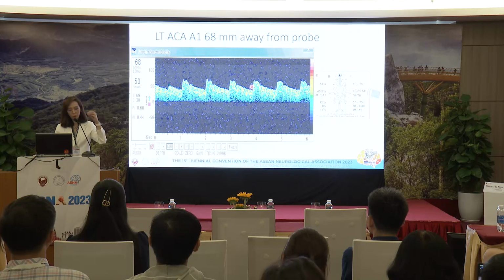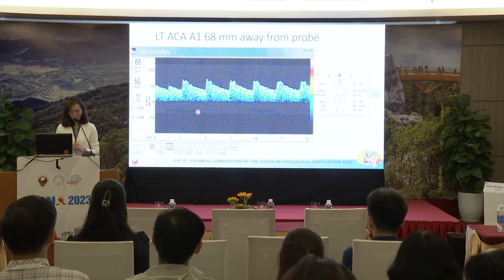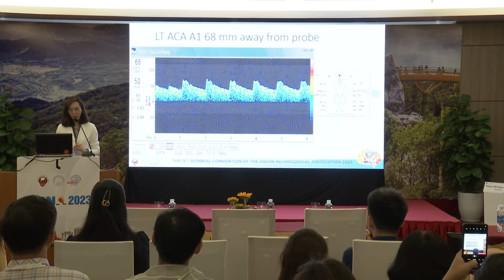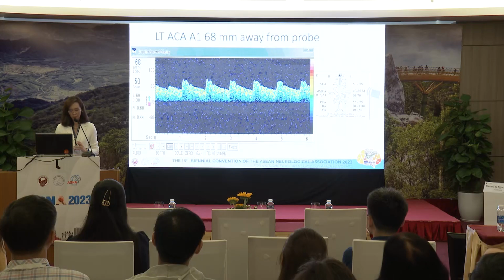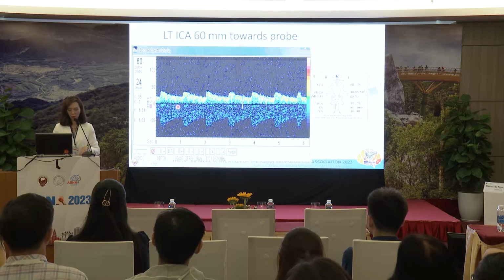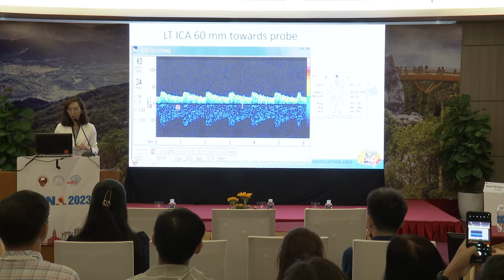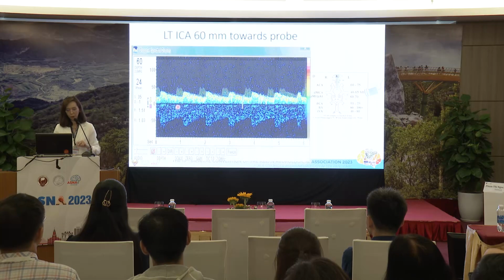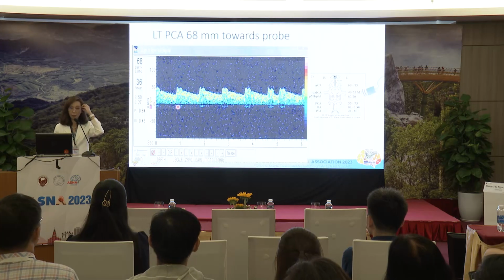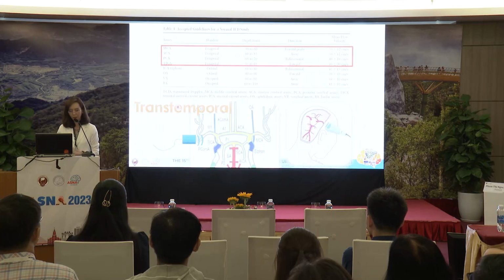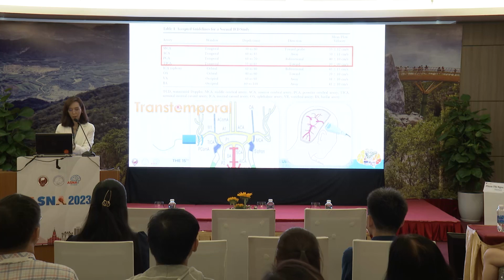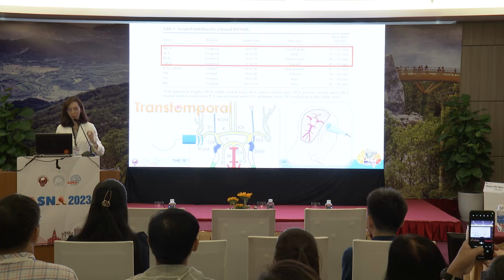And if you go deeper, you get ACA and MCA together. And then you move the probe, kind of tilt the probe a little bit to the front. You'll find the ACA, which is going away from the probe. You can see that this is above the line, but the signal over here shows that it's going away from the probe. It's a little confusing, but you'll do it during the hands-on. And then ICA, a little bit downward. PCA also from the temporal approach, tilting to the back, you'll find the PCA. So transtemporal, you'll find different arteries. I think this is the most important part for the anterior circulation.